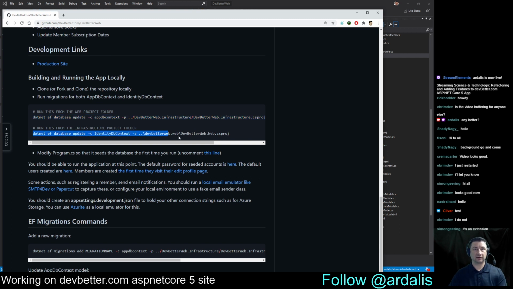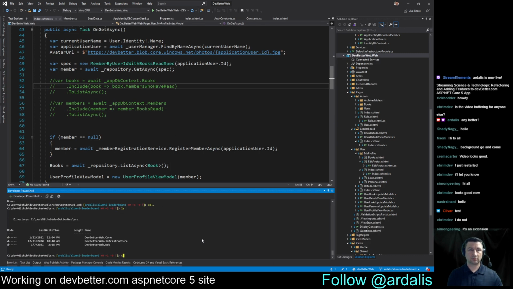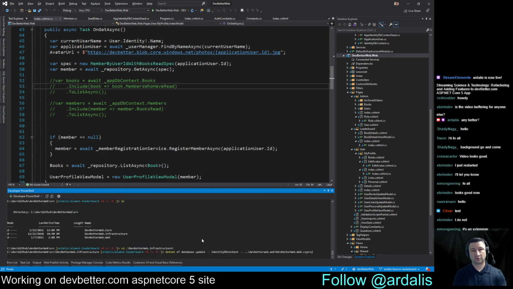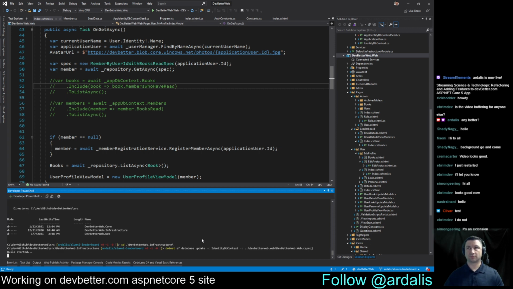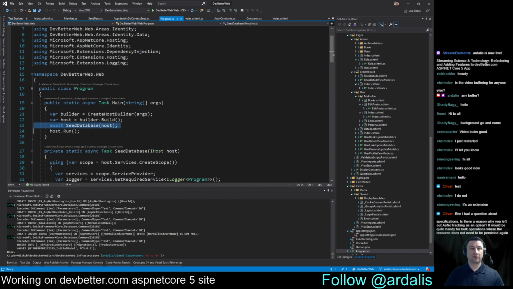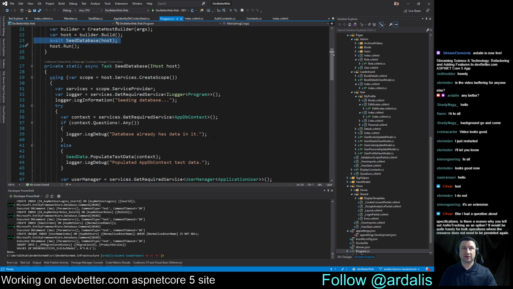So .NET EF blah blah blah. Okay, so that worked. Go to infrastructure, run this one, and that should work. And if we look at program.cs, just to confirm that we'll run the seed data every time, it will. So at one time I had an if statement around this that checked the environment, but that was causing more problems than it was solving. So now it runs that every time, and it will say that it's seeding,